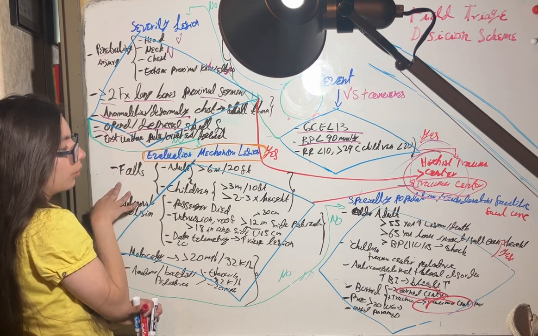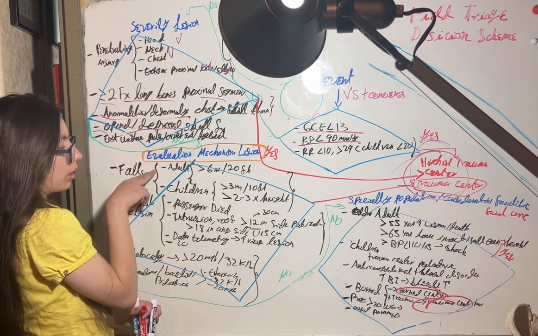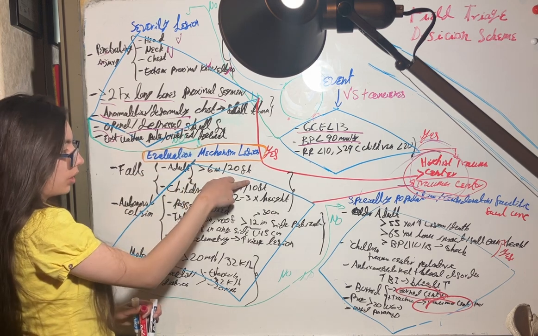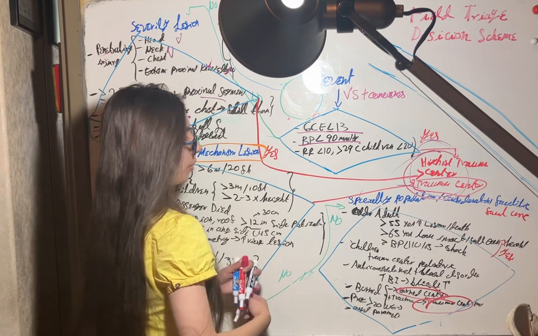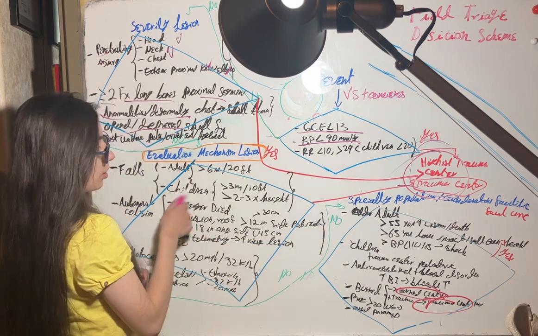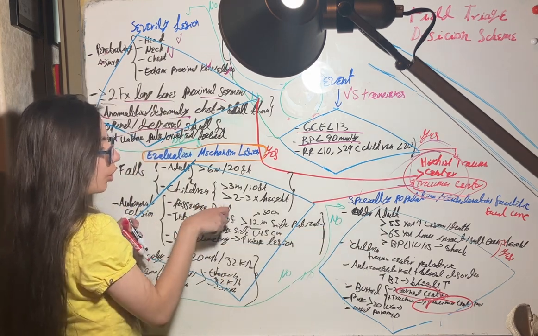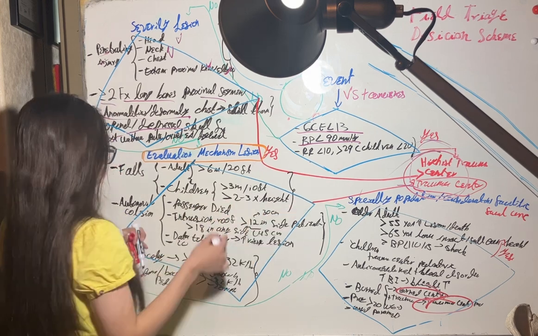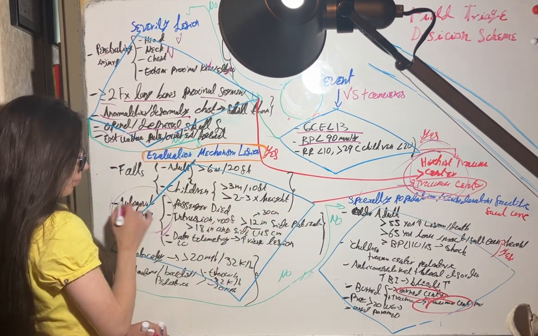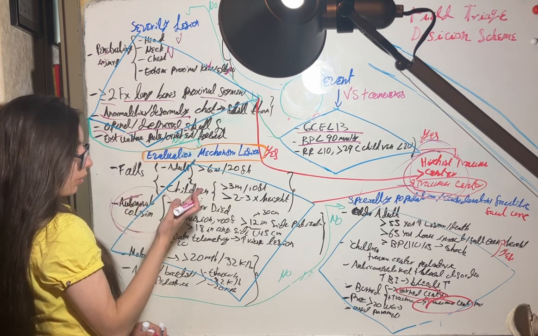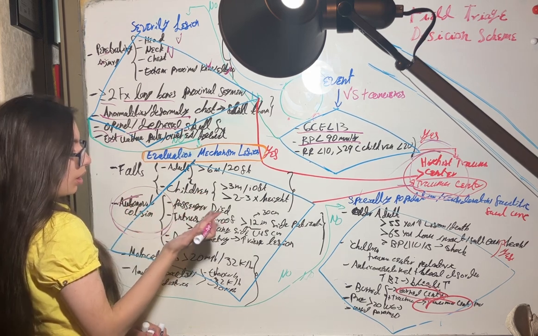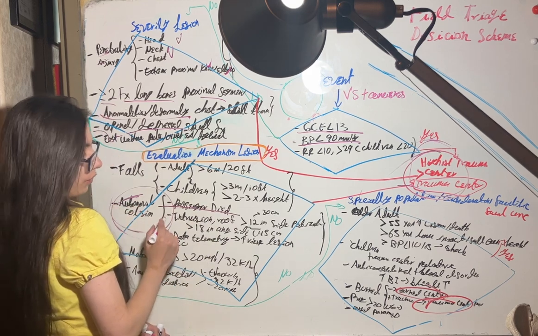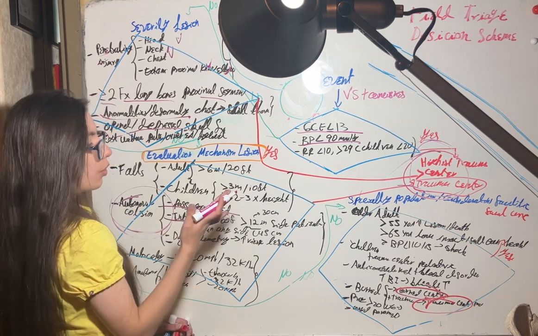If a person has a fall, if the patient is an adult and has fallen from more than 6 meters or 20 feet, should be transferred to a trauma center. Children, more than 3 meters or 10 feet, or 2 to 3 times their height. About a car collision or automobile collision, if one passenger died, or we have intrusion